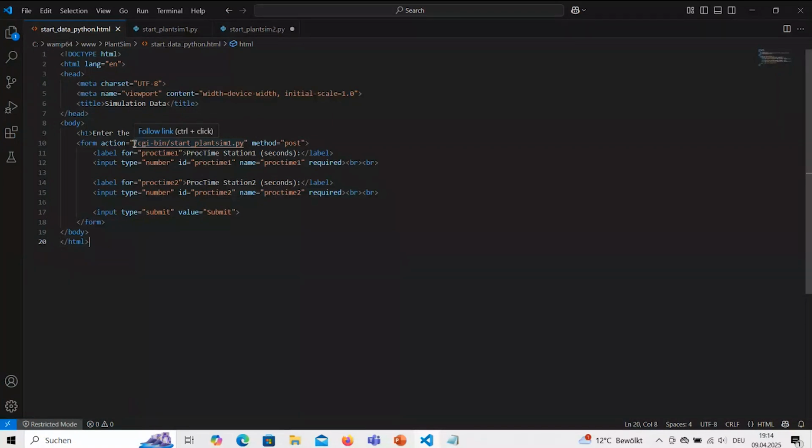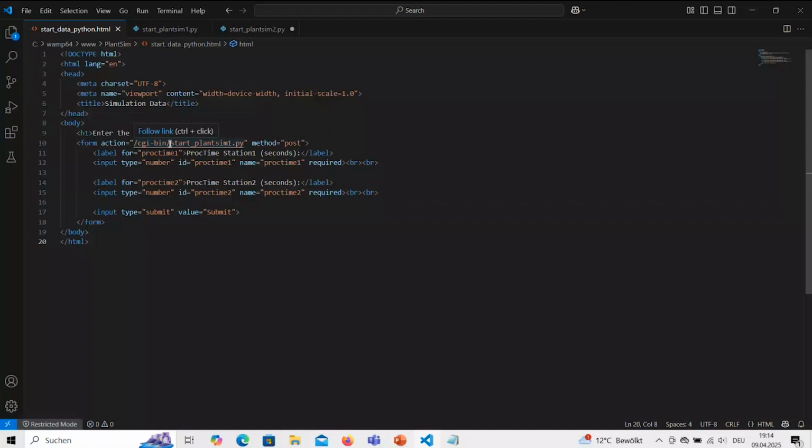It goes to a subfolder cgi-bin. And then I have here a file startplansim1.py. And this is important for the web server. The web server knows, okay, cgi-bin is a CGI script.